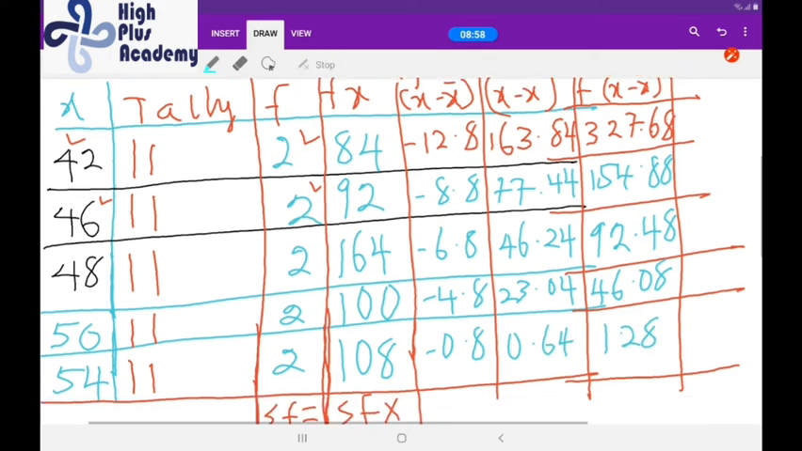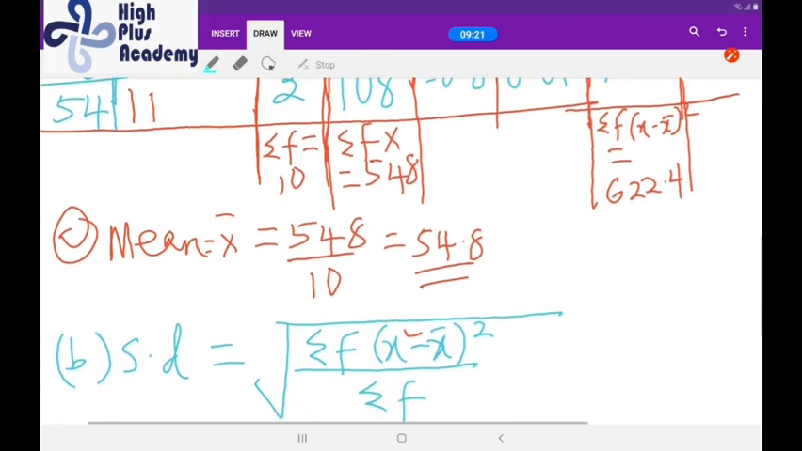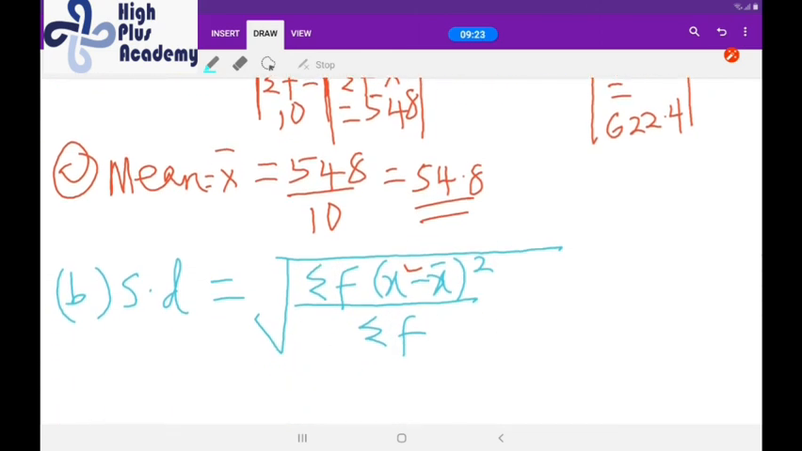Very good. Now, the next thing to do, we are interested in the last column here. That is summation f into x minus x bar squared. That's what we are interested in. And if you add it very well, you'll be getting 622.4. And that's what we are doing. That is our summation numerator. So the answer will now be